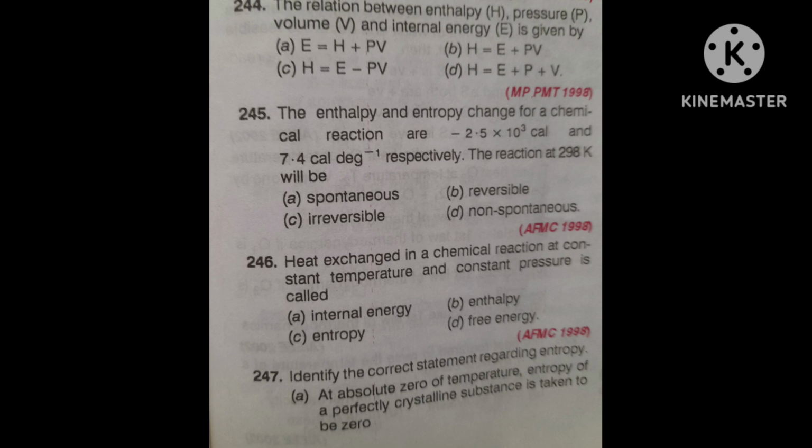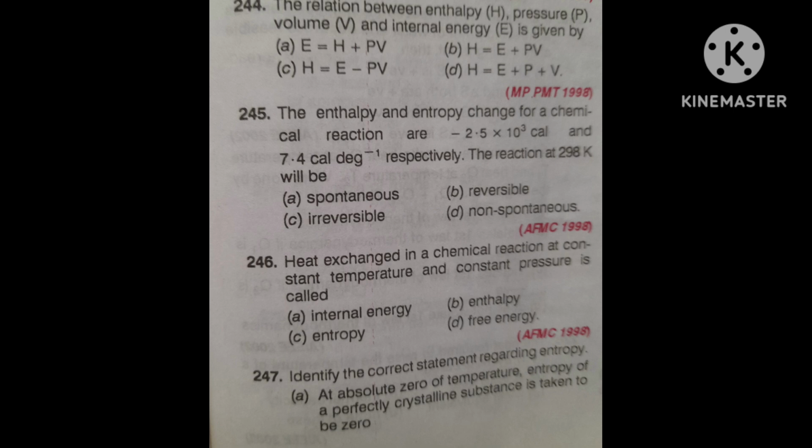The neutralization of a strong acid by a strong base liberates an amount of energy per mole of H plus. First option, depends upon which acid and base are involved. Second, depends upon the temperature at which the reaction takes place. Third, depends upon which catalyst is used. Fourth, is always the same.